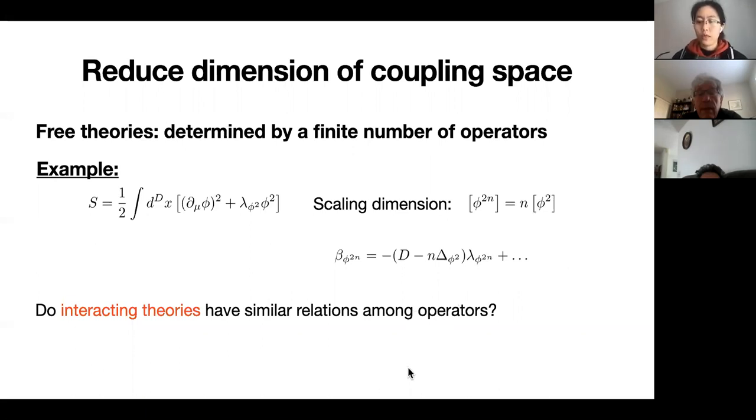Of course, we can write down many beta functions, but they are not independent from this one. This is a particularly good property for free theories because we can reduce the dimension of coupling space to a finite one. But its existence is not obvious in the interacting theory. So we can ask, do interacting theories have similar properties such that we can do this type of dimension reduction